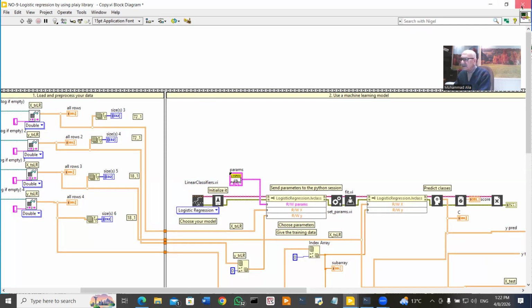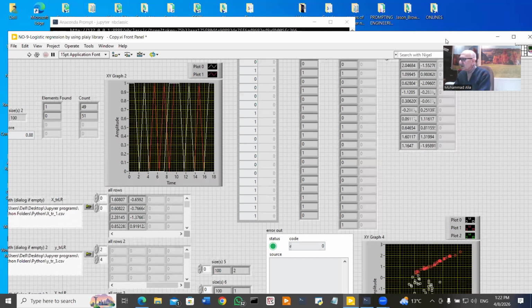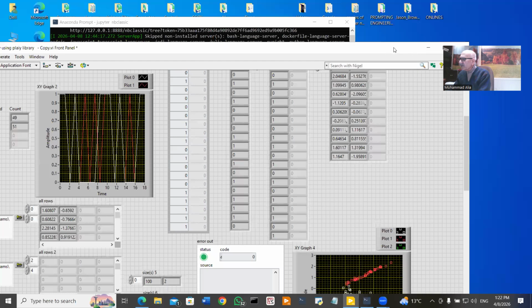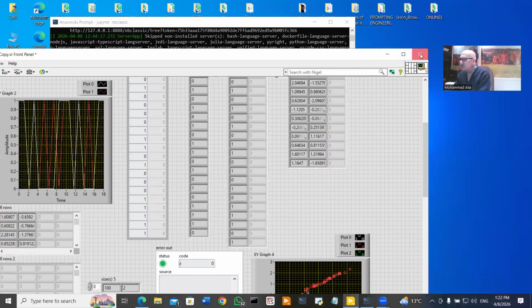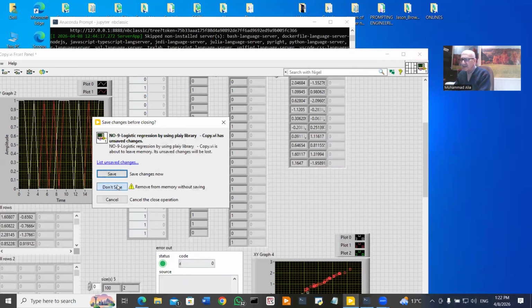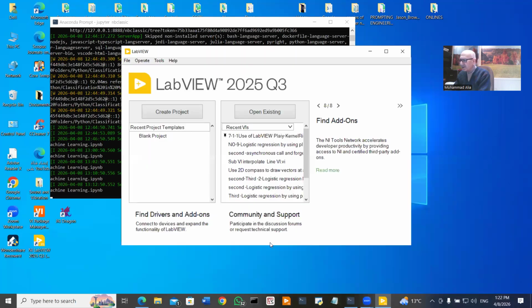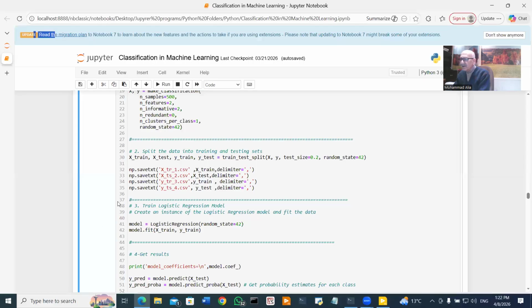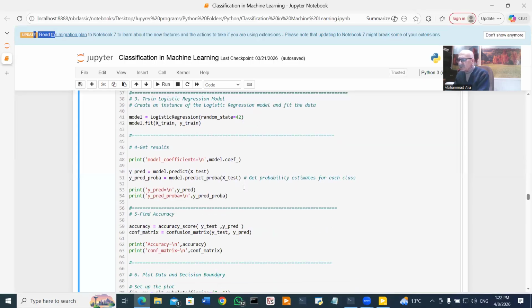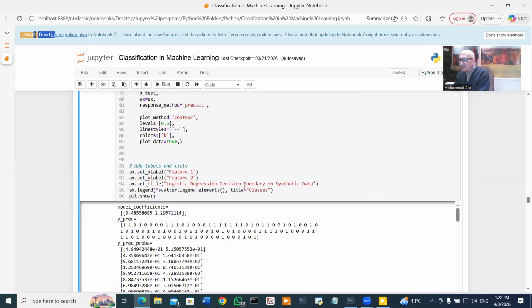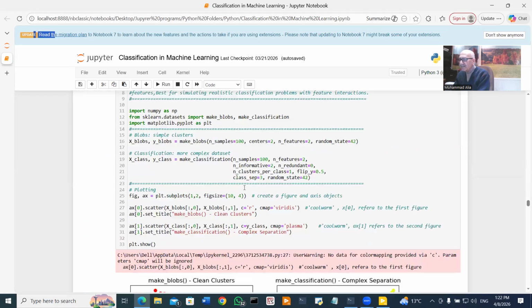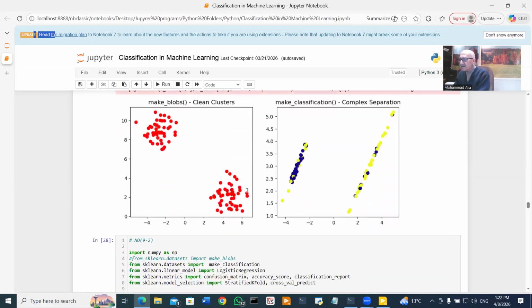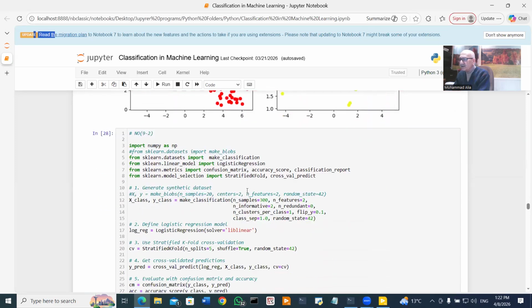Now, what is interesting is to go back to Python and to work with an interesting program there in Python, which is used to improve the performance of the logistic regressor when we use make classification